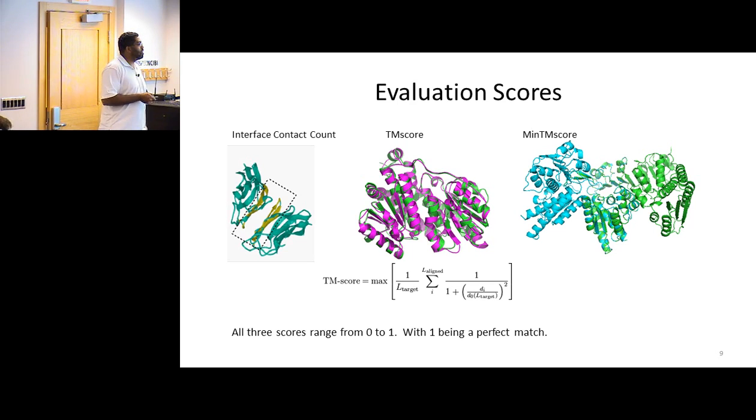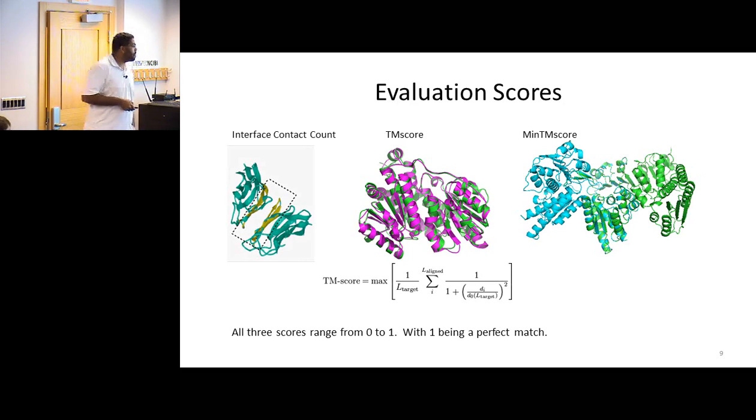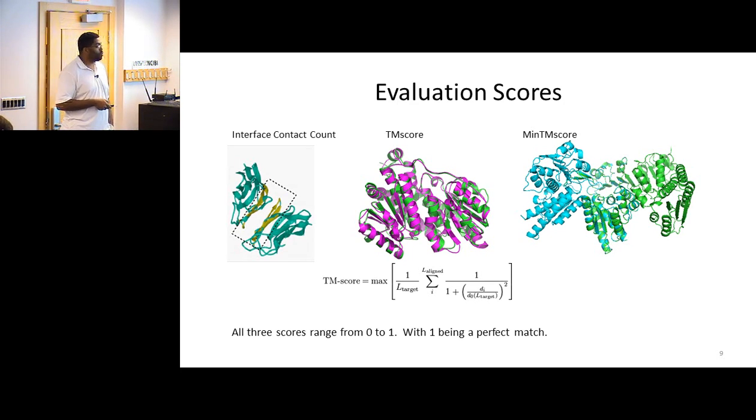The third is the same idea, but with protein complexes. Sometimes you can have 100% sequence identity but different orientations. If you were to align this, so green's over here and blue's over here, you get a TM score of 0.5, which is significant. But for us, it actually doesn't have the information we're interested in, which is the interface contact. So after we do the alignment, we calculate the TM score of each protein chain individually. This would be 1, and this would be 0 because there's no overlap between the two. Then we pick the lowest of the two to represent this value. All three of these scores range from 0 to 1, with 0 being terrible and 1 being a perfect match.